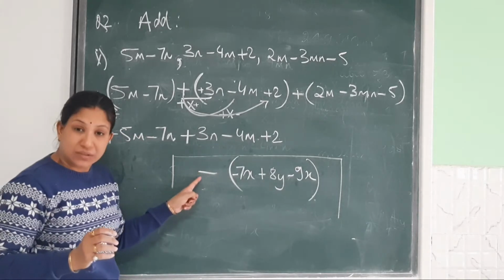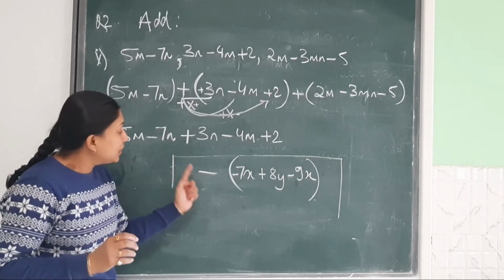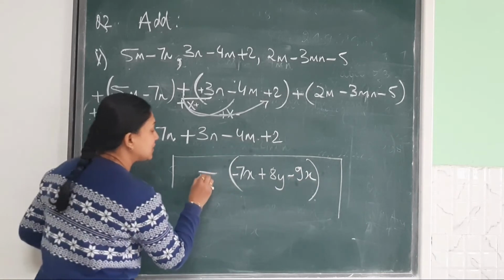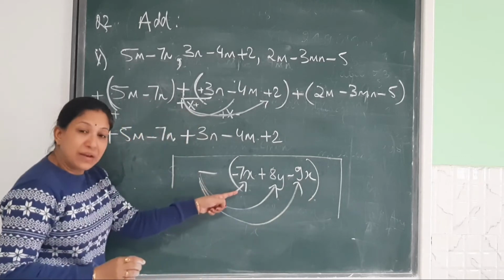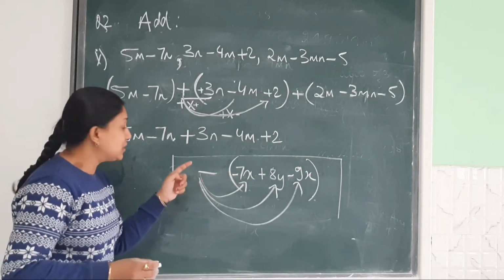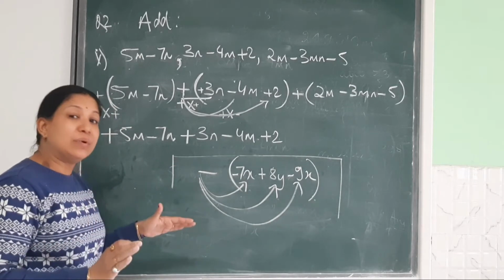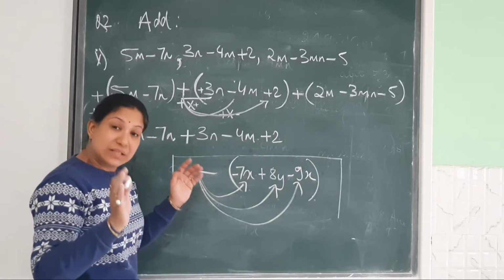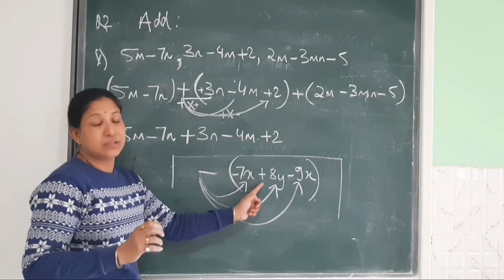See children, this minus is a guest. Take the example that this minus sign is a guest. This minus sign wants to meet each term. So this minus sign will go and meet each term. But when it meets, to whom will it meet? To its own type of relative. This is a sign, it will meet its sign. This type of story you remember in your mind. Please keep this in your mind. That minus and minus, or minus and plus, they will meet.